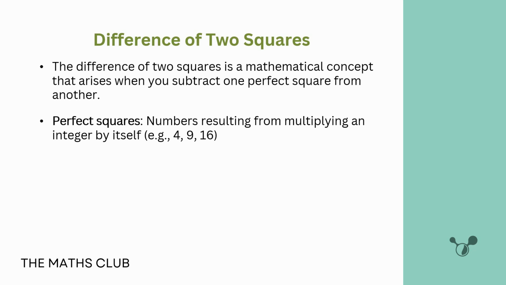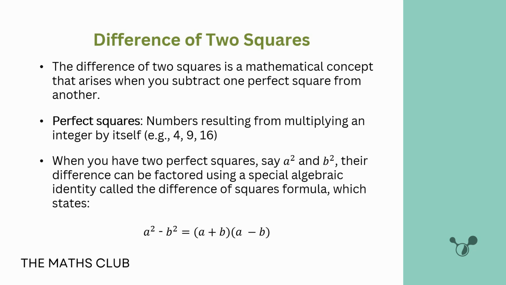So if I have something like 4 over 9, 4 over 9 is not a perfect square because 4 over 9 is a fraction, and that is a real number. But integers are whole numbers, whether negative or positive. So when you have two perfect squares, say a squared and b squared, the difference can be factored using a special algebraic identity called the difference of squares formula. It states that a squared minus b squared is equal to a plus b, a minus b in different brackets. Whenever you have something like this, a squared minus b squared, you can say a plus b, a minus b,